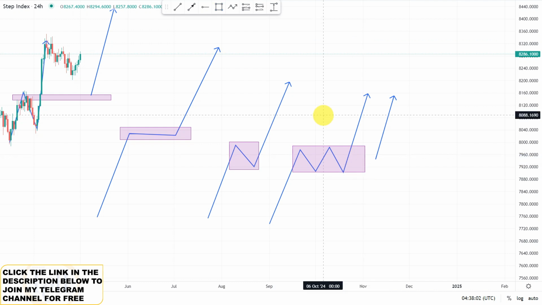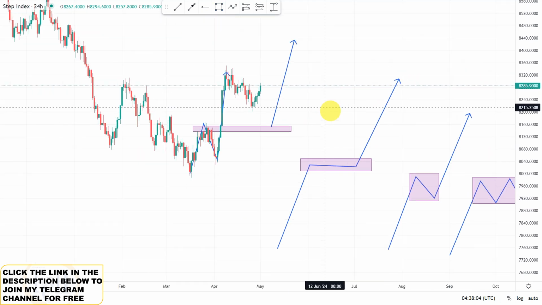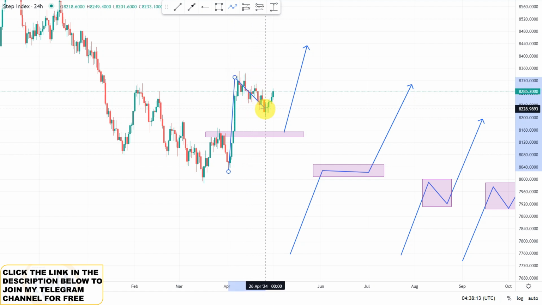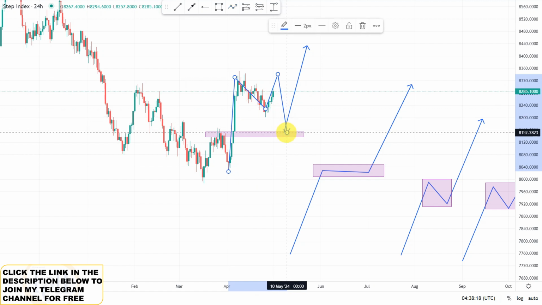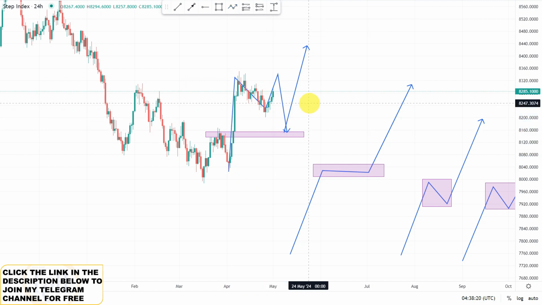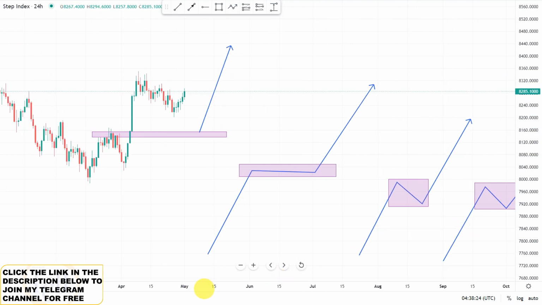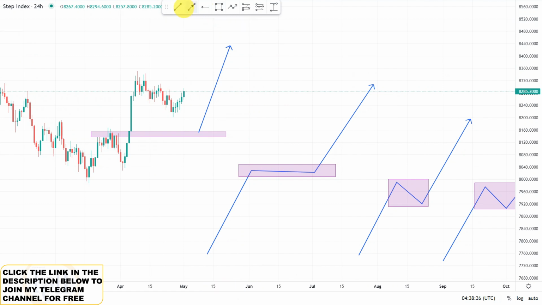Now, getting back to this video right here, you can see after the formation of this impulsive phase, how the market has been moving in this corrective phase before actually taking our trade and the trade playing out. You can observe clearly that the way this market has been moving in this phase, it has been providing us with this kind of structure. Now this kind of structure is known as an ascending